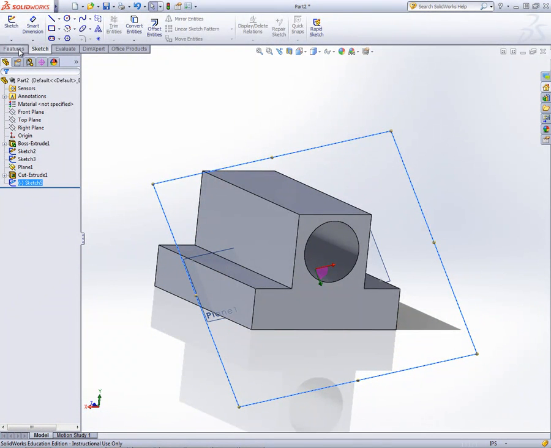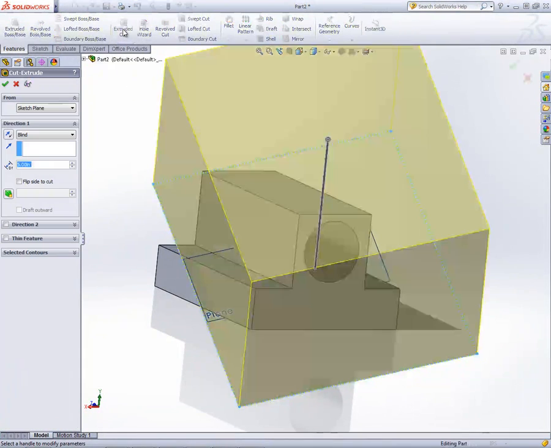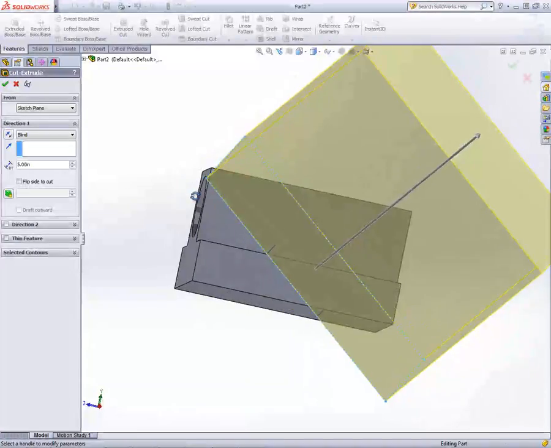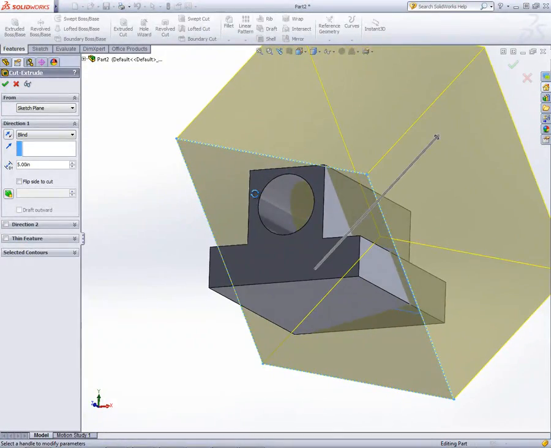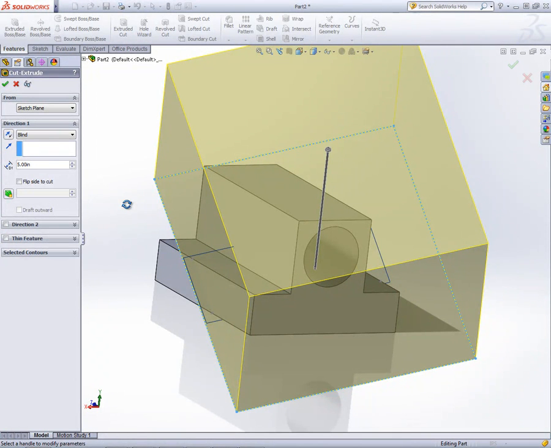We'll left click on the Features tab. We'll left click on Extrude Cut. And because that sketch is already highlighted, it's already given us a preview about what it is going to cut away. And it's plugged in our 5 from the Extrude Cut, which we don't need it quite that large, but we can leave it because we're just doing a cut from some material. We'll left click on the green check mark